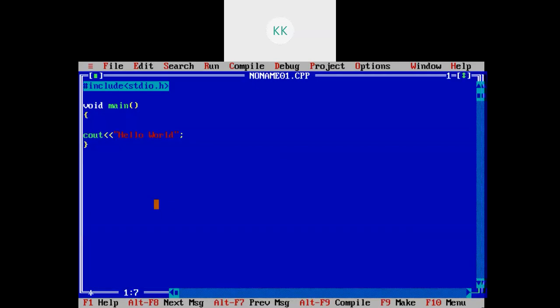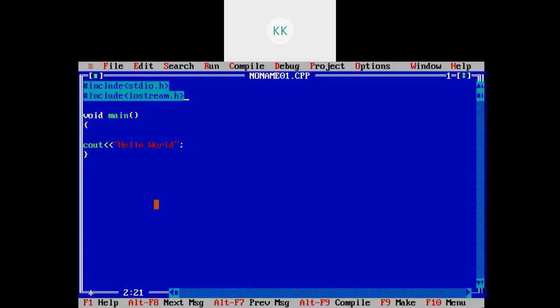It is saying so because we need to include some file wherein cin and cout are residing. So I will include that file. That file name is iostream.h.